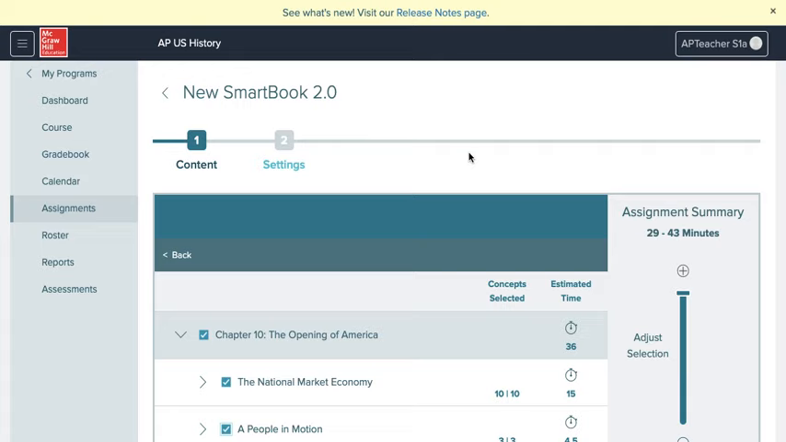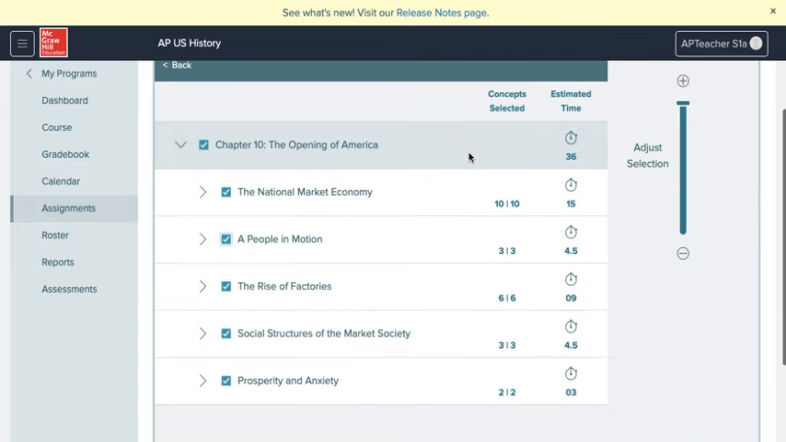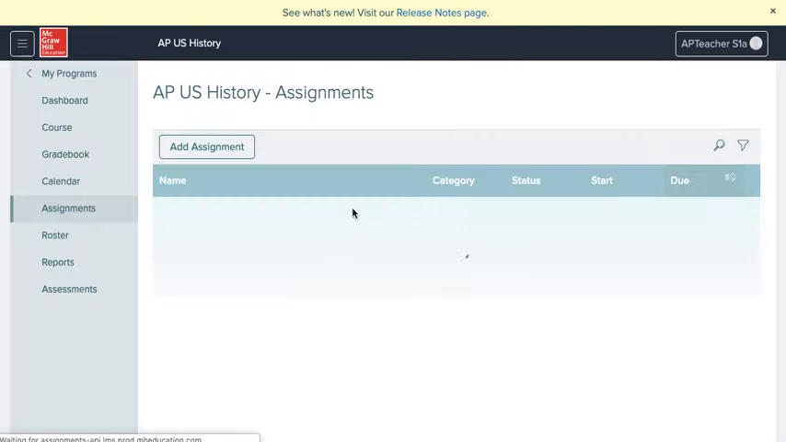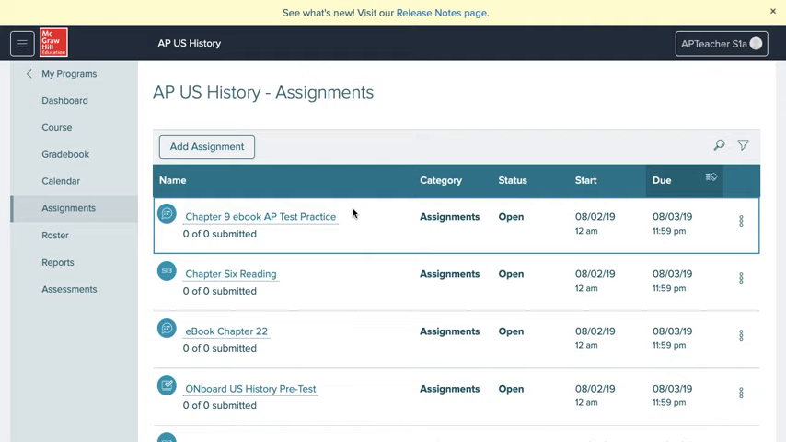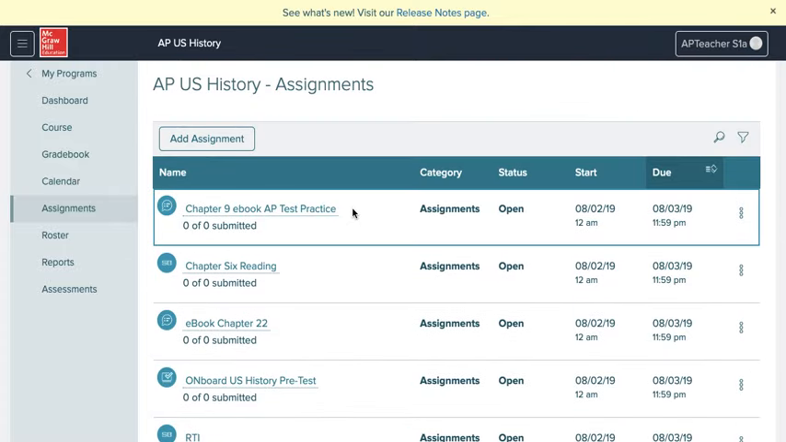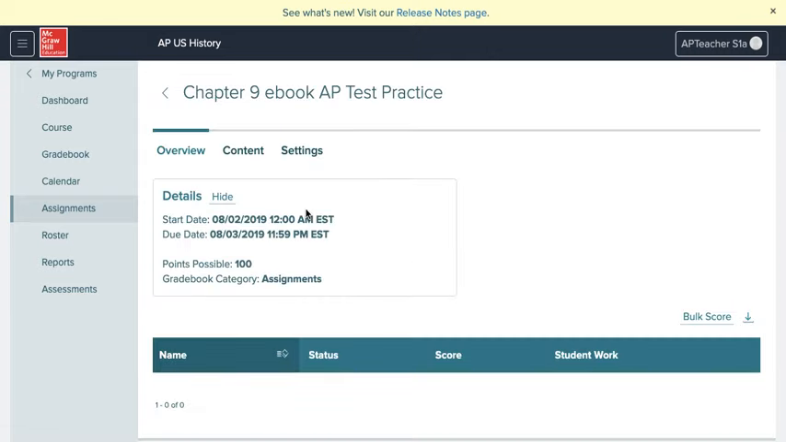So you see, through the course, through the chapter page, chapter 9, assign, boom, the whole thing is out. Or we go into assignments, new assignment, SmartBook 2.0, and you can super micromanage this reading experience. Okay. So I'm going to choose the whole chapter. We're going to assign chapter 10. Continue. Okay, we're going to continue. This is chapter 10,